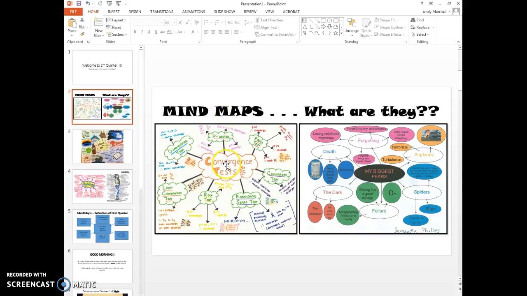But mind maps essentially track your mind and what you're thinking, and it kind of allows you to organize information based on how your mind works, with the big concept, as you can see, in the middle right here, convergence test, even though that's not English. You can see how this big concept yields multiple little topics, and then from those little topics has even more little topics, and you just kind of connect all of these different types of ideas together. And it's supposed to help you memorize things a little bit quicker and figure out the way that